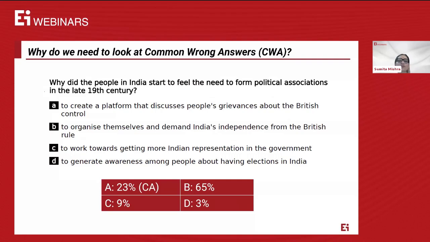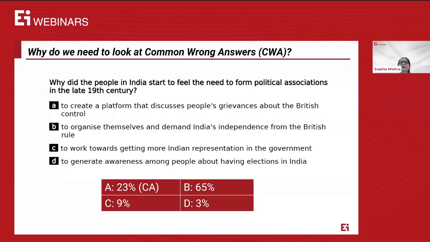65% of the students chose option B, which is that they just looked at the word political association and thought that all political associations would have been formed for independence. So what does this tell us? That while students know the facts of political associations and independence, maybe where they lack is the historical sequencing of